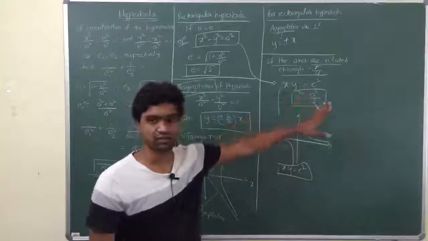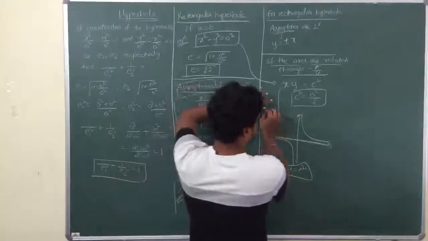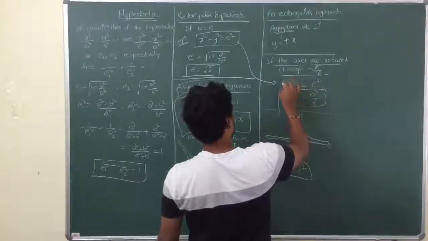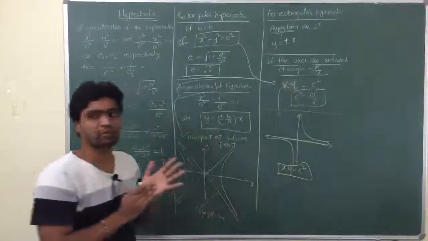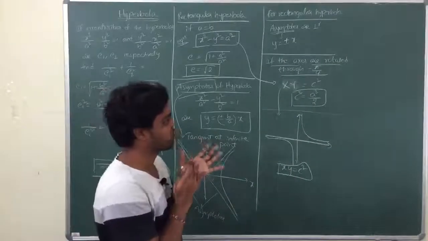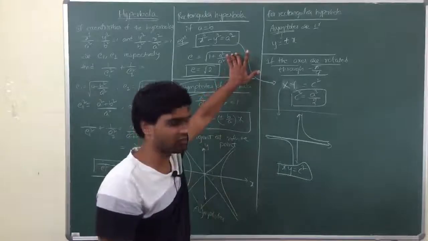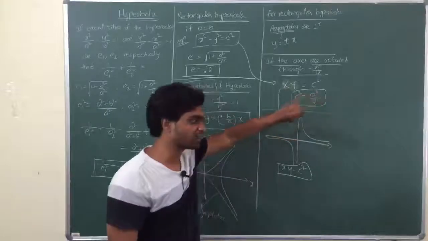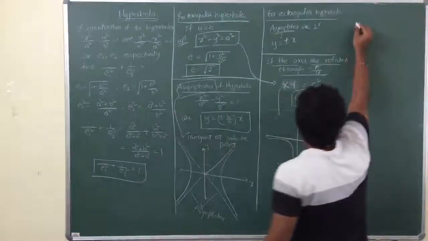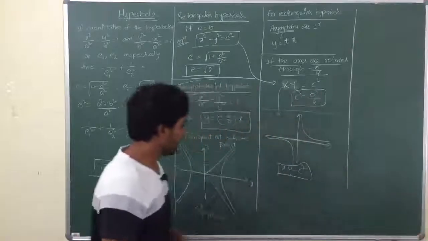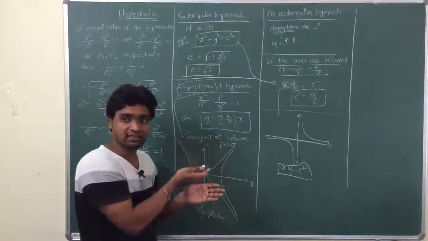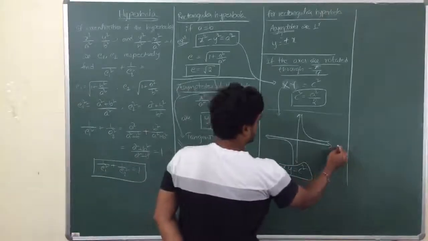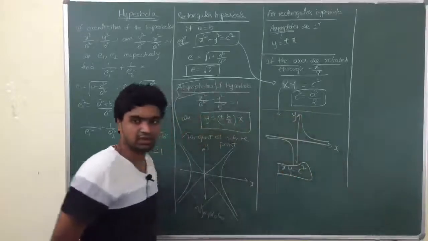Now forget about a square here. Okay, so that is just comparison, or we just keep it as capital X into capital Y here. Capital X into capital Y is equal to c square, where c square is equal to a square by 2, because from this equation we got this equation after rotating the axis through minus pi by 4. Okay, after rotating the axis through minus pi by 4, this is how you get. Now suppose I'm changing the position of hyperbola, I'm not rotating the axis, I'm changing the position of hyperbola. Now the equation will be simply xy is equal to c square, x and y axis.